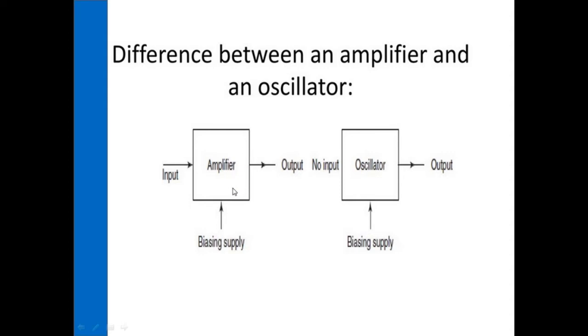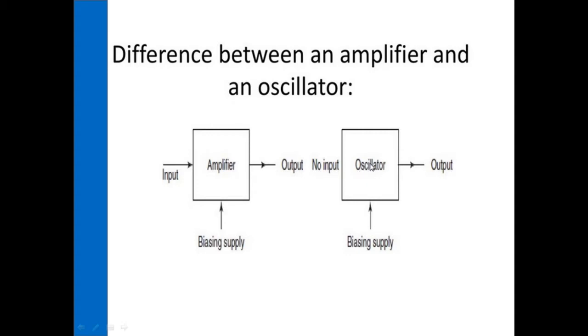An amplifier needs an external input voltage along with the biasing supply voltage for producing an amplified output. But an oscillator doesn't need any external input. Only by using the biasing supply, it will produce a continuous repetitive waveform at the output. But the beauty in oscillator design is that both cases utilize an active device. If the active device is going to operate as an amplifier, they will operate the device in the stable region in ideal cases, whereas in an oscillator, they will operate that device in the unstable region.